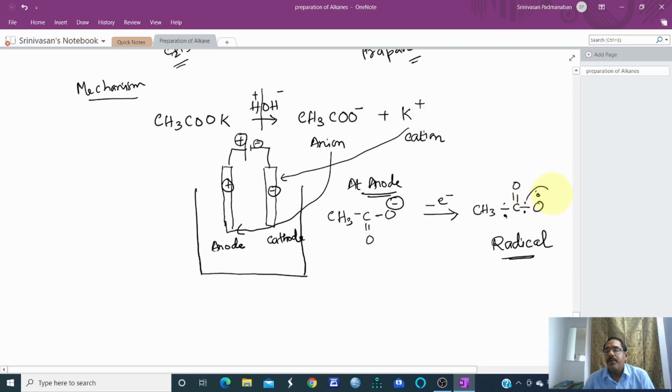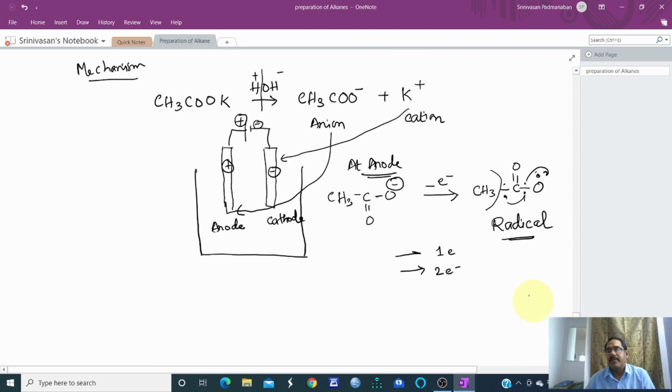This electron will be going here, satisfying that radical, making it 2. So you see the arrow, I am putting a half-headed arrow. If we put like this, 1 electron is moving. If we put like this, 2 electrons are moving. So that electron here goes here and compensates the loss. And here 1 electron is there, it goes to that place and compensates. And this methyl radical will be separated. So that is the third step.